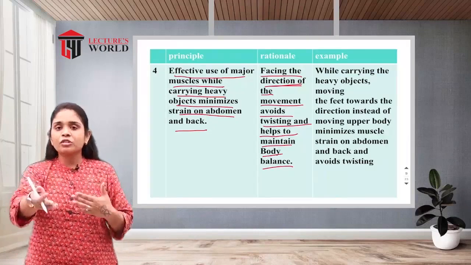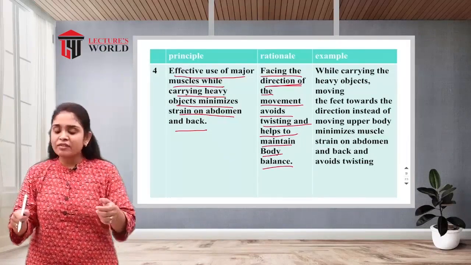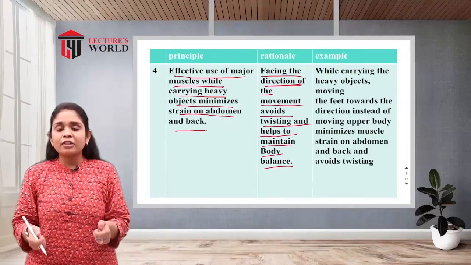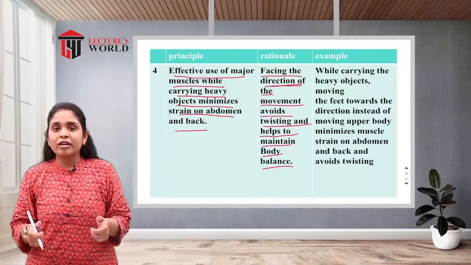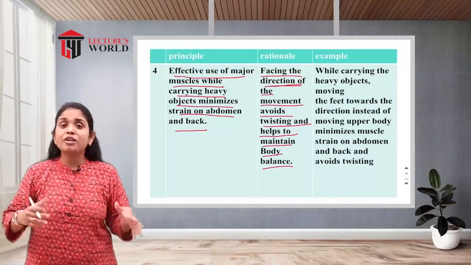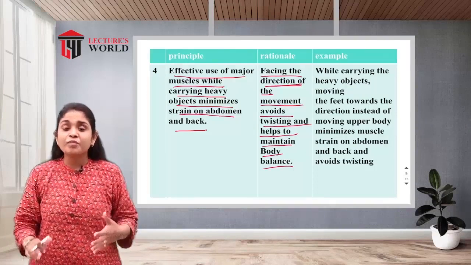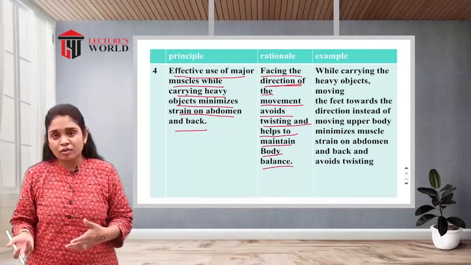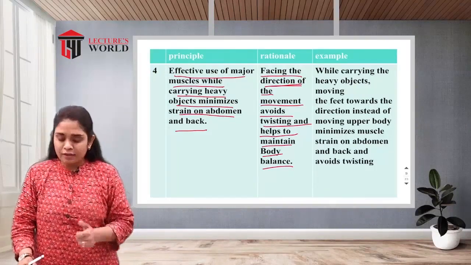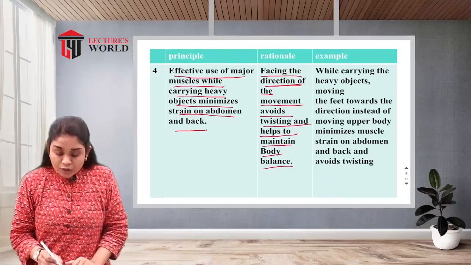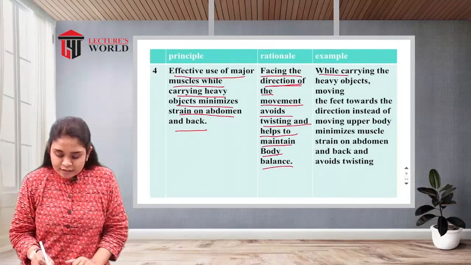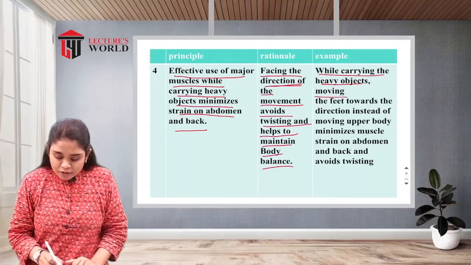If I want to go this side, I will look that side only. If I'm carrying the article and I'm looking somewhere else, so what happens? The twisting can be there. You can fall or you can have an injury, and you can have an imbalance also. Okay, so for that, now the example is that while carrying the heavy object,